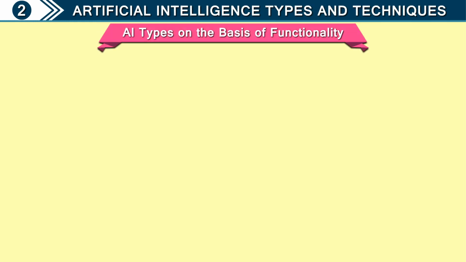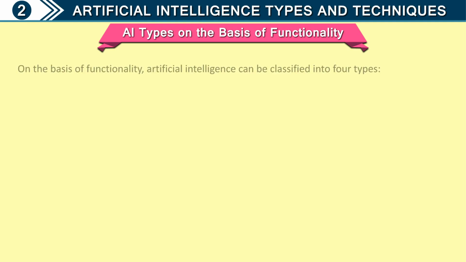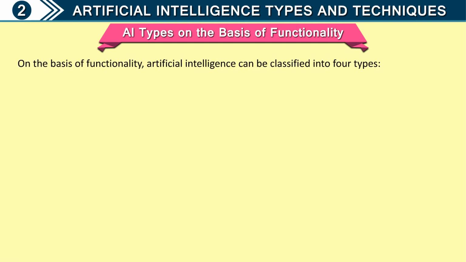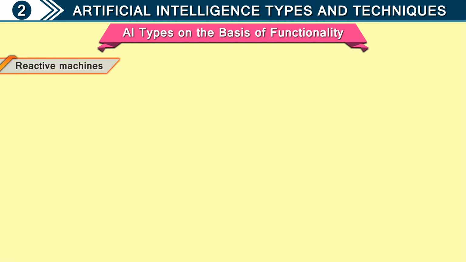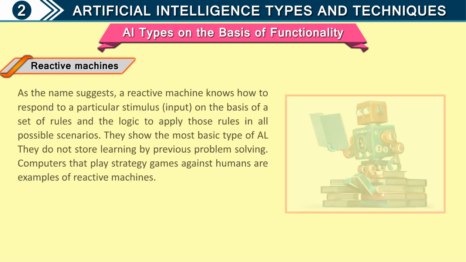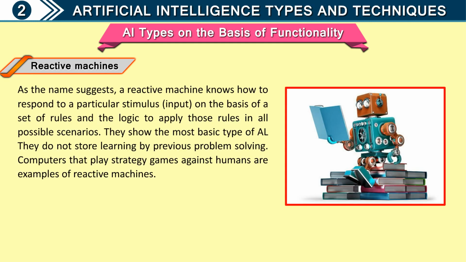AI types on the basis of functionality. On the basis of functionality, artificial intelligence can be classified into 4 types: reactive machines, limited memory, theory of mind, self-awareness. Reactive machines. As the name suggests, a reactive machine knows how to respond to a particular stimulus input on